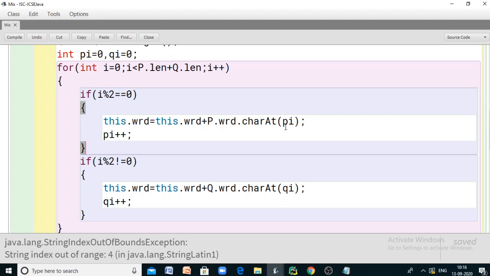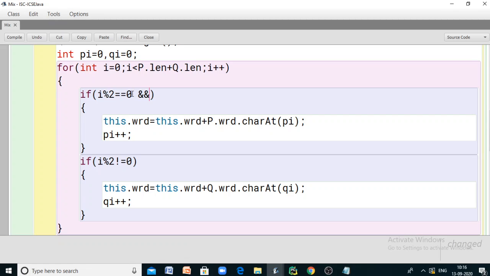That means when you keep on incrementing, at a point of time PI will go beyond the length of the string in object P. Like that, QI may go beyond the length of the string in object Q. So what to do to solve this problem? We have to restrict PI from going beyond the length of that particular word of object P. Like that, QI should be restricted from going beyond the length of the string in object Q. So how can I do it?